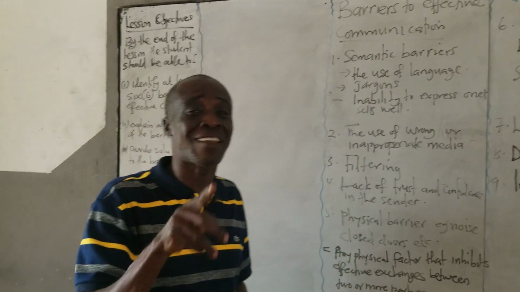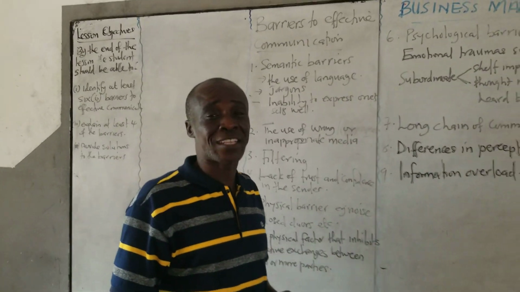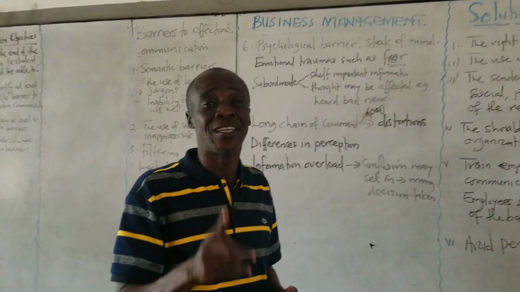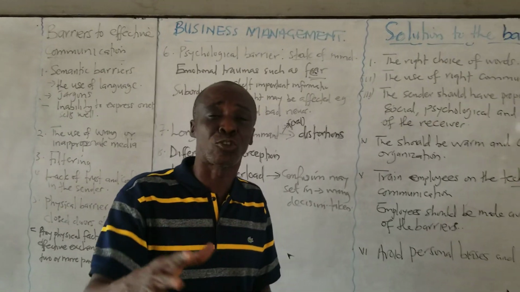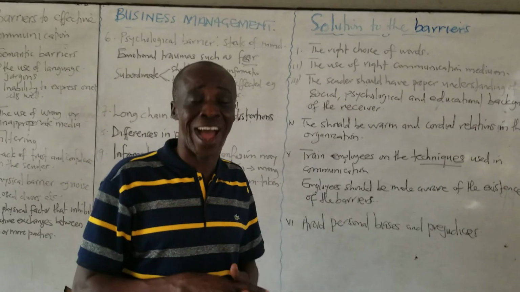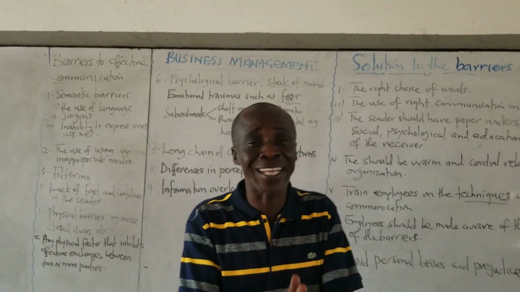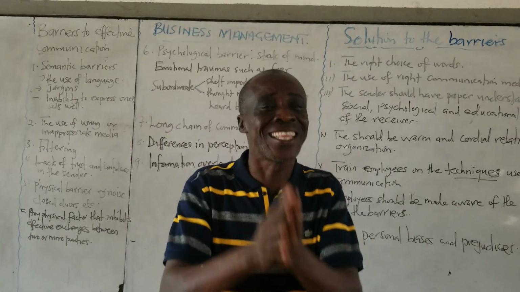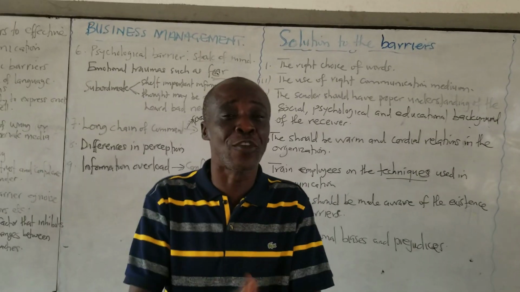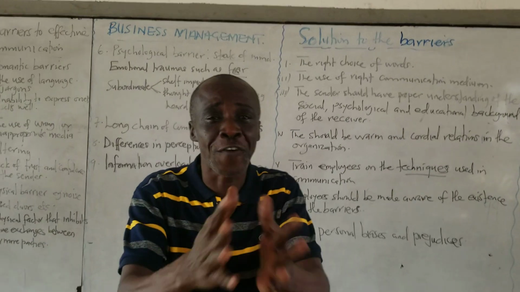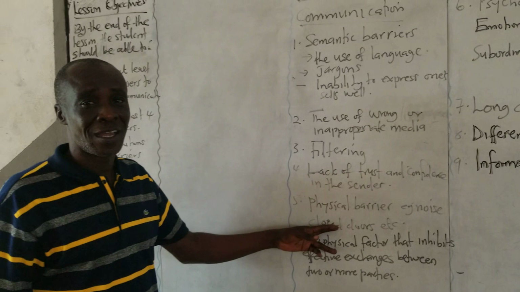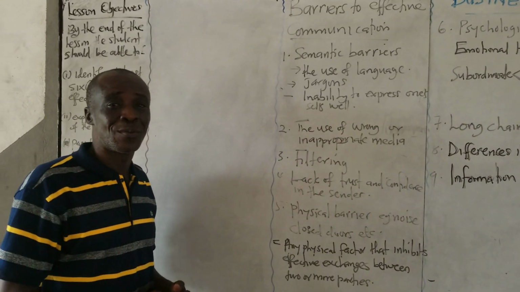At times, even your handwriting, some of you write horribly. You remember when we were writing your exams, I told you, if you don't write well, I will let you bring my first copy, book 1 to 6, and I will teach you how to write. Because you write and we are reading, we can't even see the things you are writing. You may be writing the right thing, but if we cannot see it, you will fail. So physical barriers are also very key